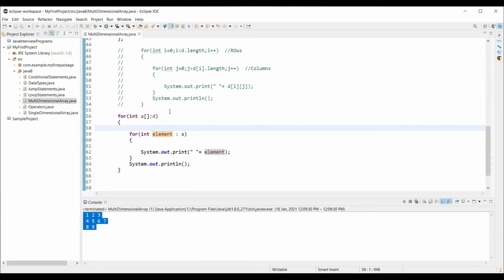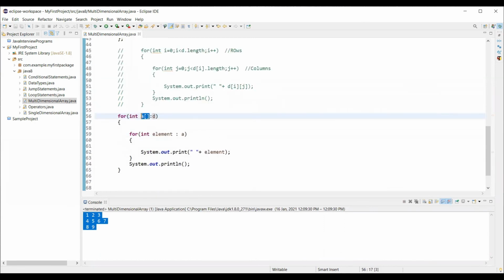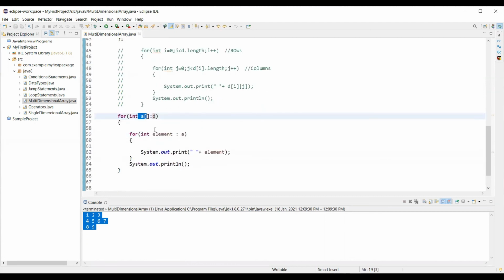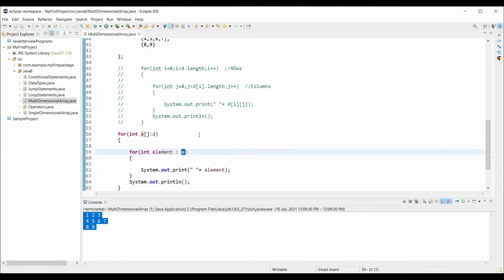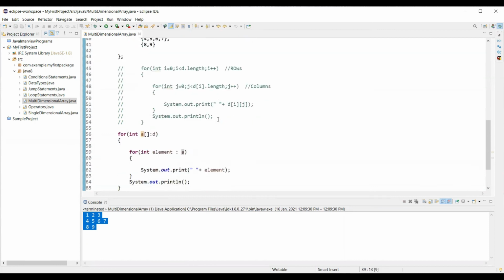So enhanced for loop, what it does, from d, which is a two-dimensional array, I wanted to read each array that is represented with a here, and from each a, I wanted to read all the elements from that array. For example, in this case, first it reads this array object, which is 1, 2, 3.